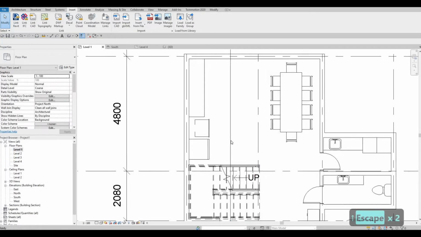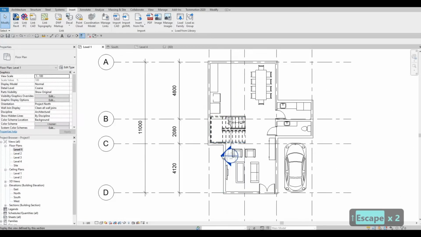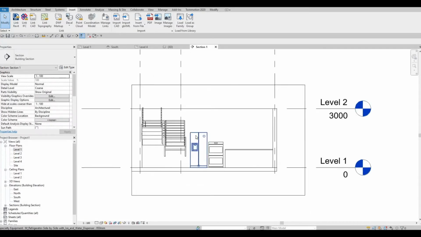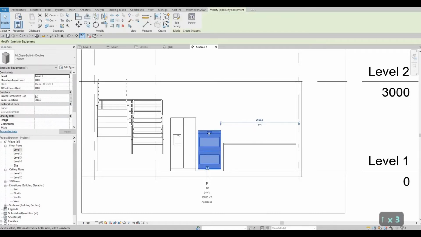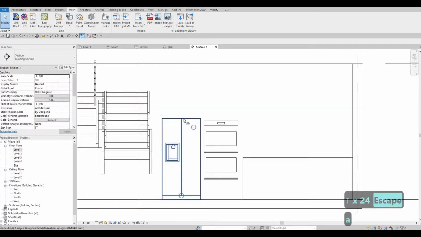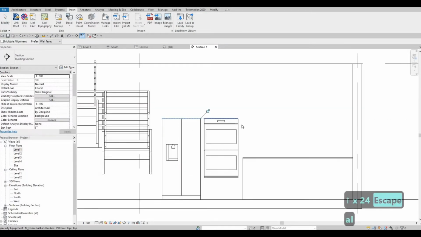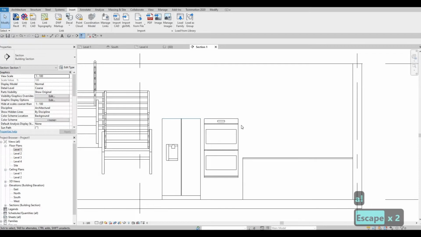And then now what we're going to do is we're going to double click section. We are going to add in the case for this, and we're going to put this one a bit at the top. What we could do is we could align this on the top of this. So now